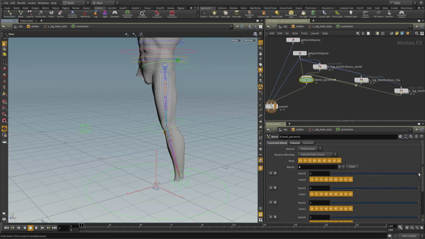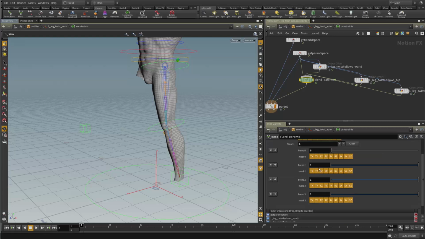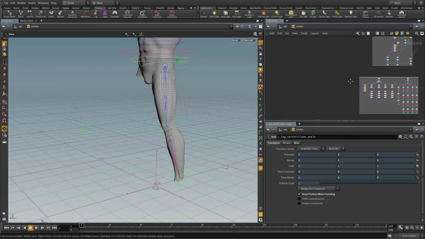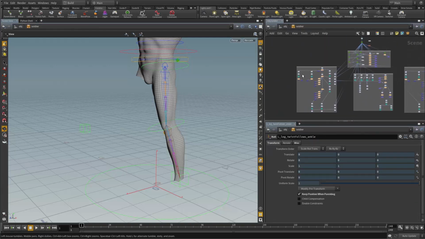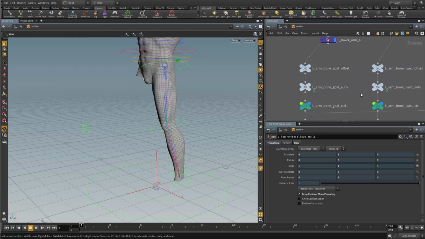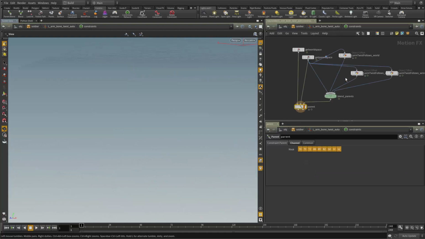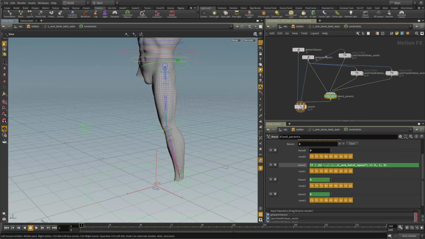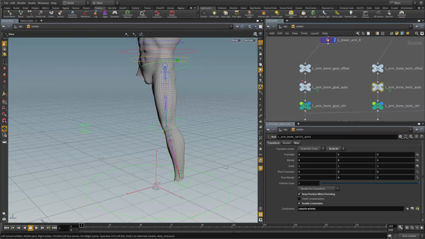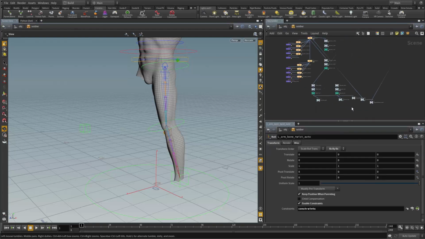So just as we did before, we're going to take this blend parents, and this first one, its original parent space, we're going to blend that to 0. And then we're going to use that same expression that we used on our wrists and eyes. So I can go and steal that, save this a bit of typing. And where is that? There it is. So I've gone into the left arm bone twist auto to this blend. I can just copy and then paste